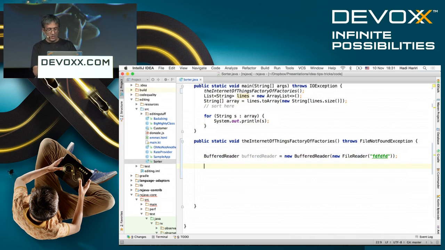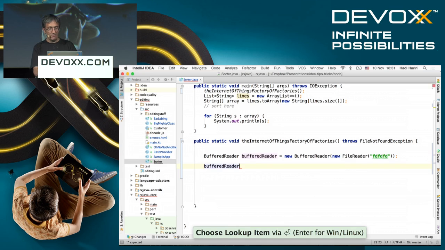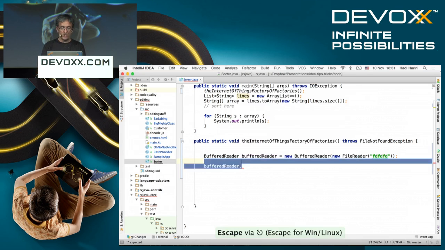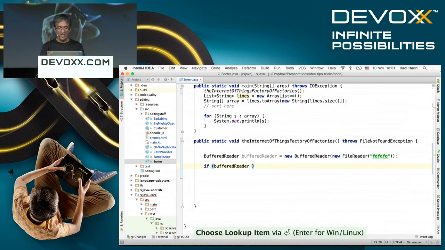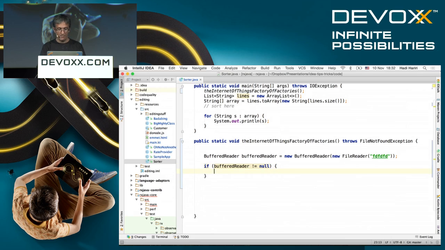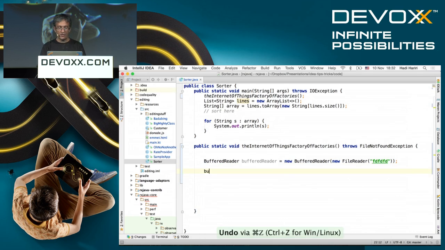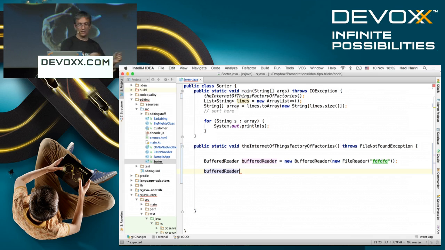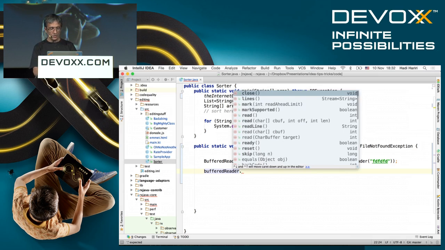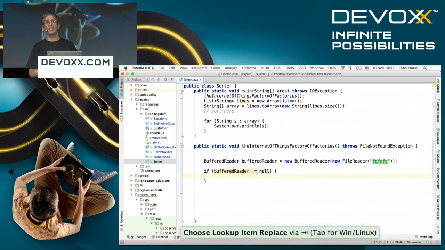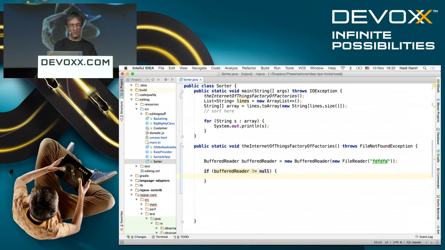Now, that's smart completion. One other thing that we have is, you start to write buffer reader, and you're like, oops, what I actually wanted to do there is say if buffer reader is not null, then do something. The way that you do that, you don't have to delete. It's kind of like in the old days with the people that came from typewriters to computers. They made a mistake and they used to delete the whole line out. We don't want to do that. What we do is we say not null, and it does it for us. That's called postfix completion, which is a couple of things that we've added in one of the recent versions of IntelliJ. Did you know about that one?